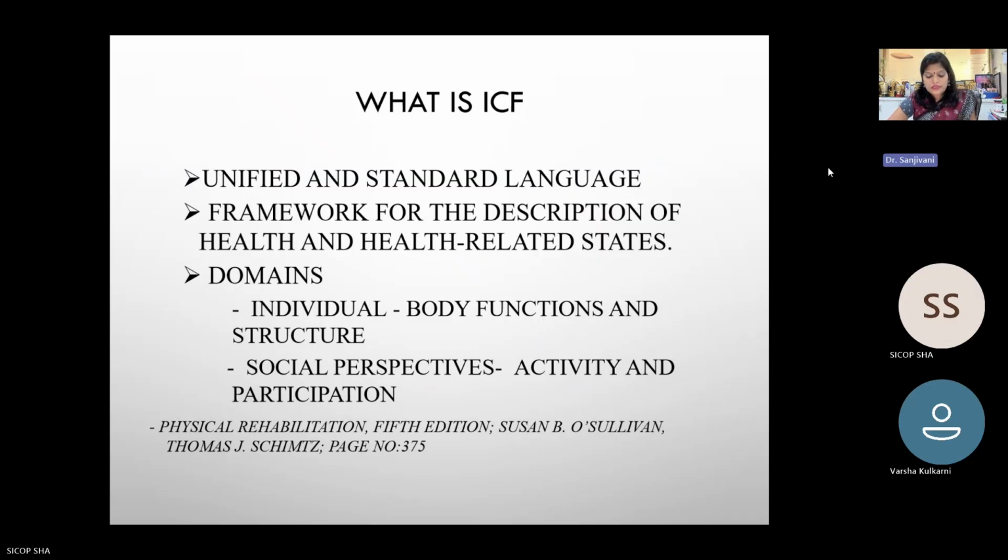Means if any person is assessing a patient in India, in the same ICF we can communicate with people outside India, American or any other therapist, and any doctor also. Not only the therapist, it involves all, doctors, nursing, any educators, they also use the same protocol. So that's why it is uniformly accepted. Next.